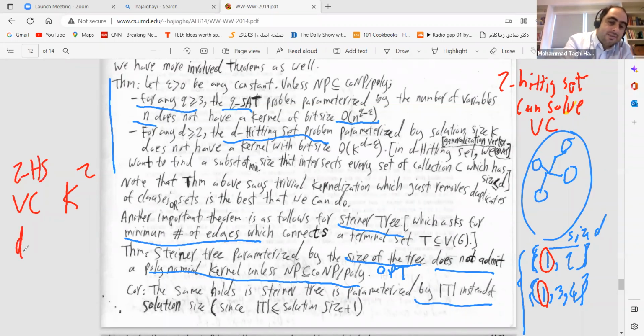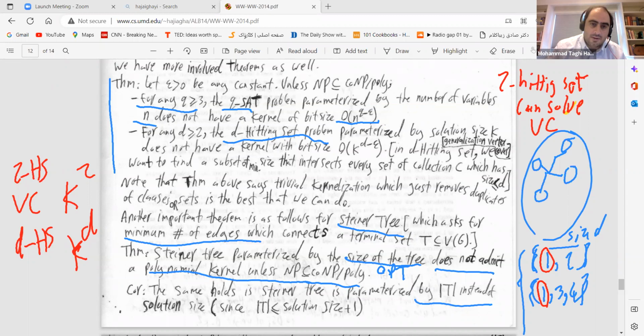Now, for d-hitting set, if the size of these sets can be d, then you cannot get anything better than k to the d. So there is no kernel better than k to the d. This is just a generalization of vertex cover. Hitting set is a very important problem, and if you consider it, you cannot get anything better than k to the d. Good. So that's a summary of the results for these problems,